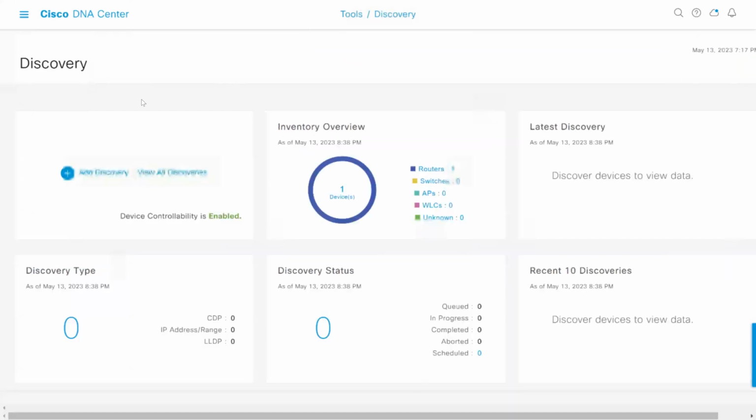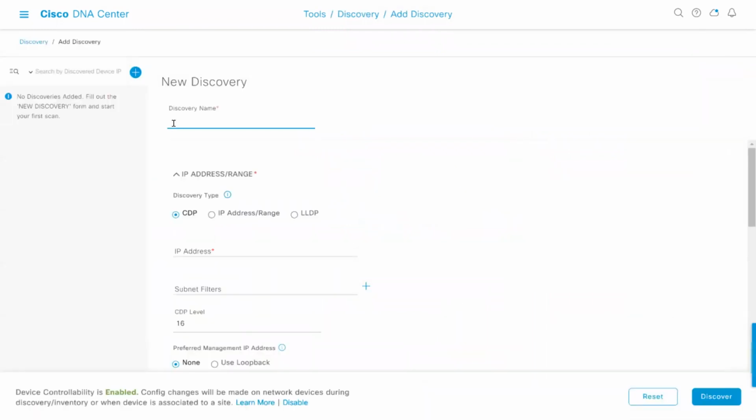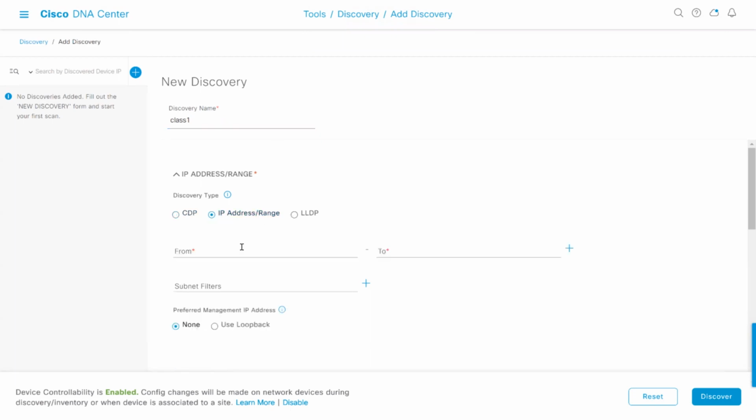Once we are inside the discovery, the page is popping up. I think one of the routers is already discovered. Yeah, no problem. We can go and click this add discovery. And this discovery name, class 1, day 1, whatever. We'll give the logical name here and then CDP, IP address, LLDP. We'll go and give the IP address range. We know that the IP address range is starting from 198.1.8, that is my management IP,